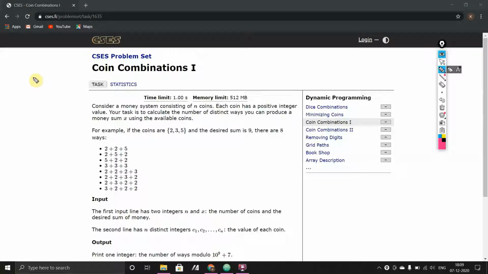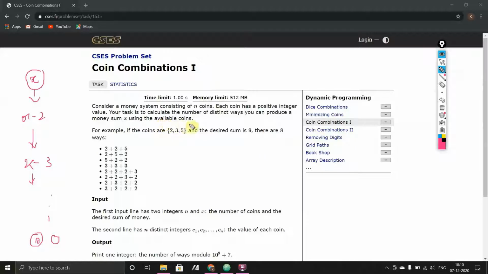Like most of the dynamic programming problems, you can think of it like you have been given a money sum x. You have to eventually convert this to 0. Now the way you can reduce this is by picking a number from 2, 3, 5 and subtracting it from x. So let's say first time you decided to pick 2, it will be x minus 2. Next time you decided to pick 3, it will be x minus 3, and this process will continue until you reach 0.